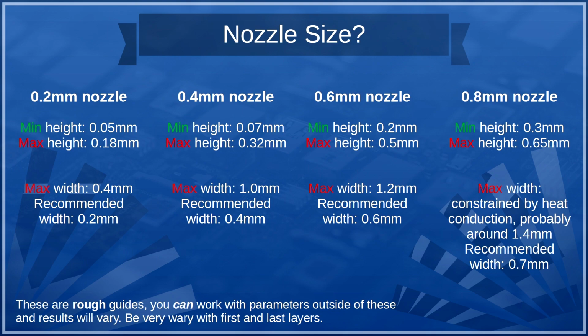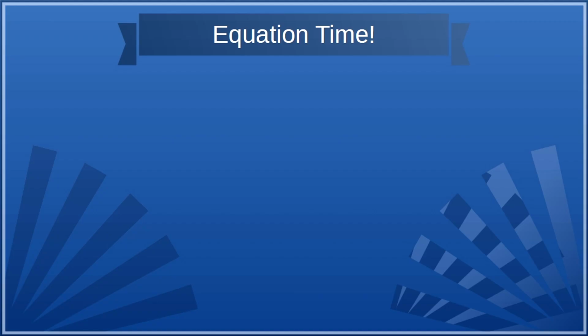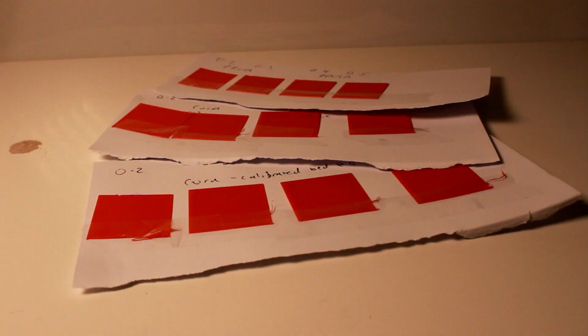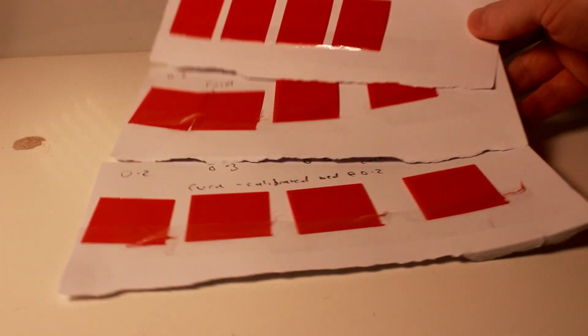So far, we've avoided any math. If we carry on like this, it's going to look intentional, so it's about time for me to throw some equations in your general direction. Did you know that Cura calculates extrusion volume completely differently to Prusa Slicer? Me neither. I found this out by accident while I was looking into why layer height affects bed leveling, which was the can of worms that got me into the video in the first place.